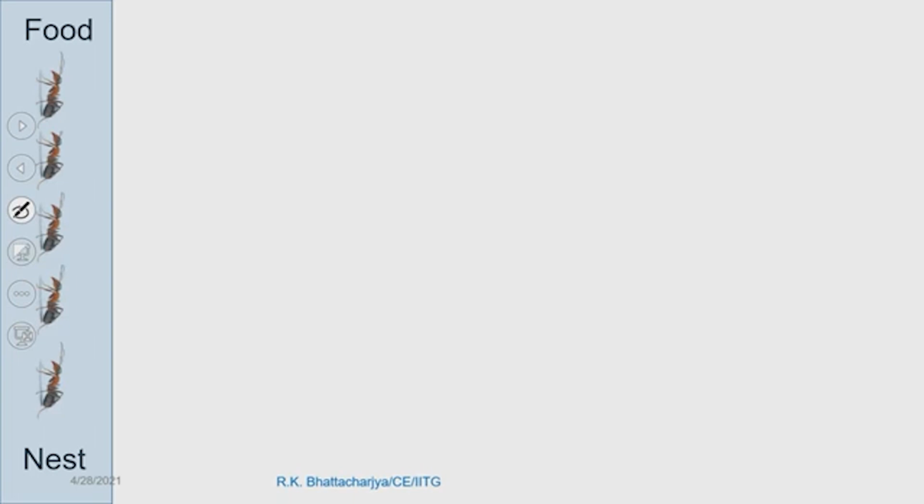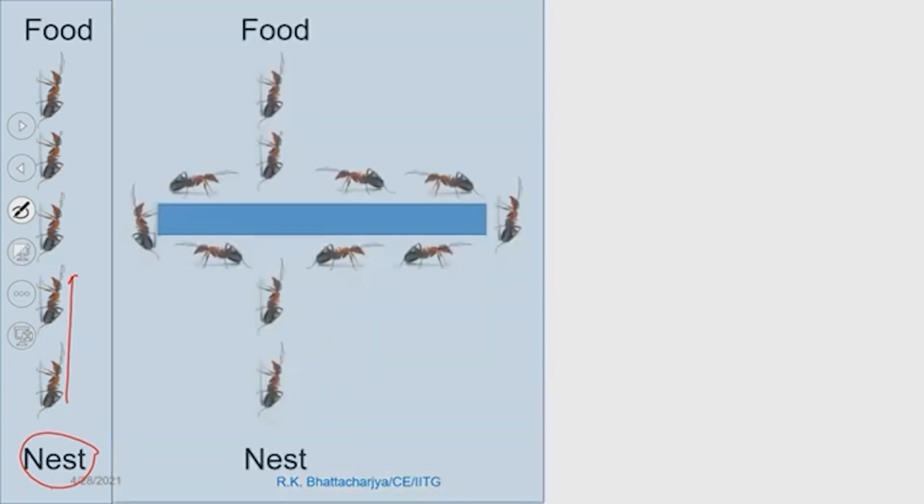So, you can see, suppose the ant nest is somewhere here and they are moving towards the food, and you can see that they are moving in a straight line if there is no obstruction. Now, you can do this experiment. I am putting some obstruction here. If you put the obstruction in such a way that, initially, the ants will try to move straight,